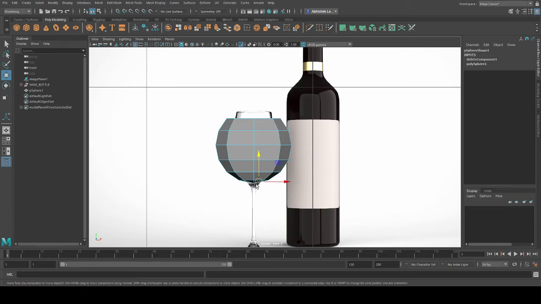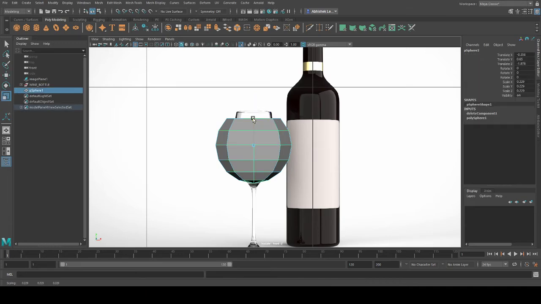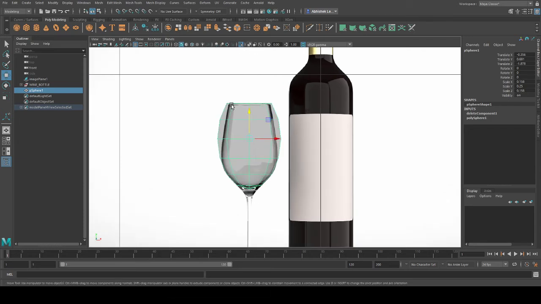Okay. Now what I have to do is extrude this bottom part down. Easy. If you want, you can delete these two. Or else you can do it this way. Now I have to create that shape. The basic shape is ready now. You can see here it is narrow and here it is getting broader.